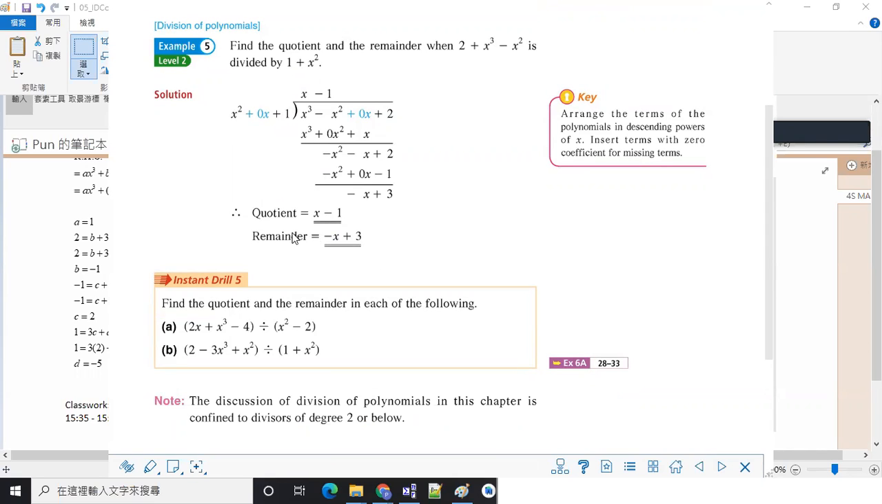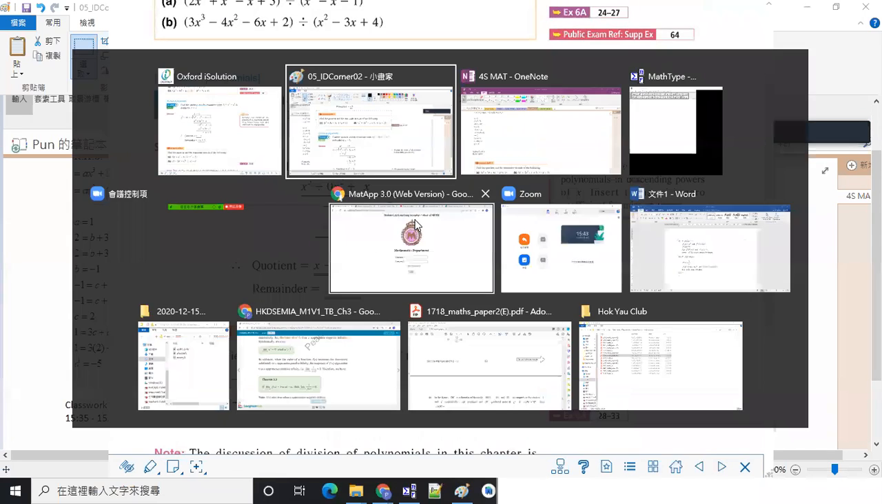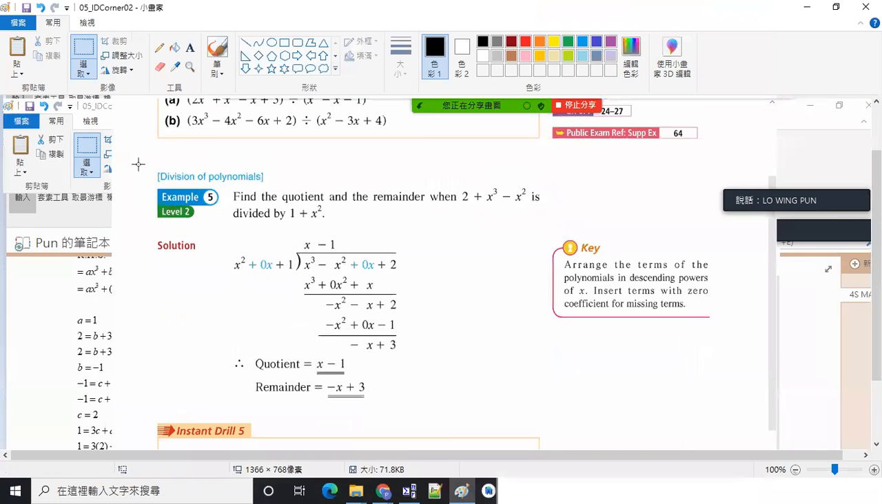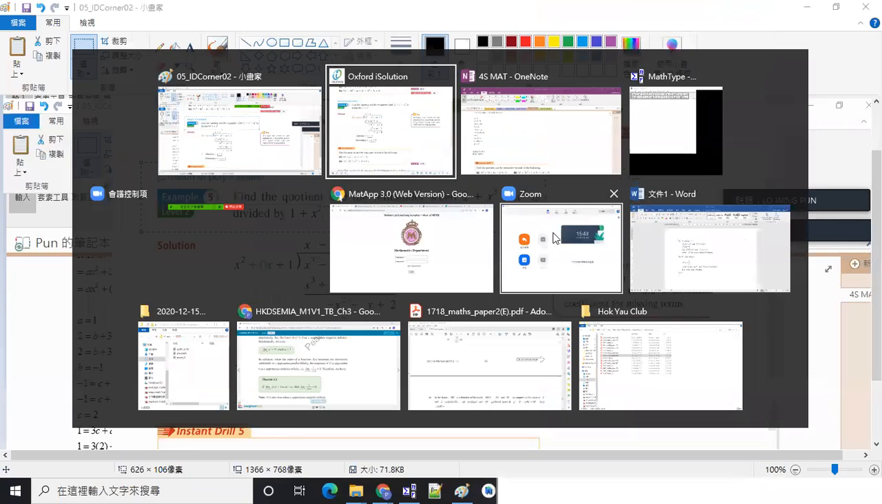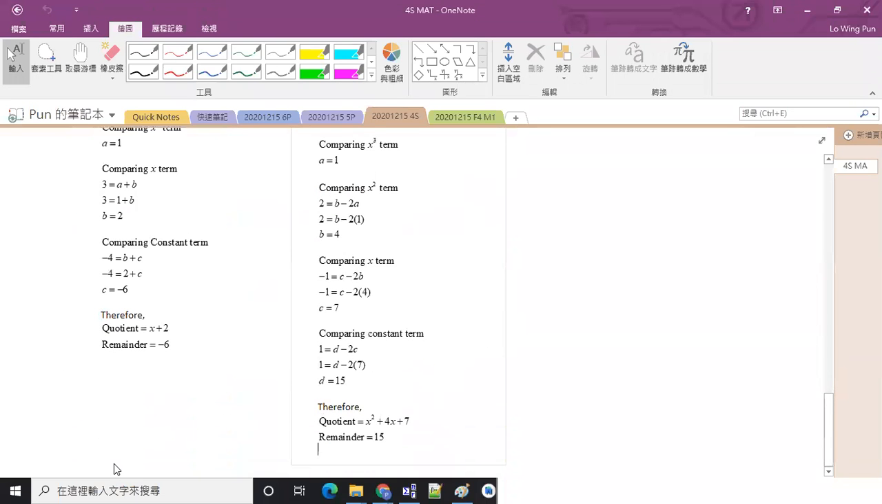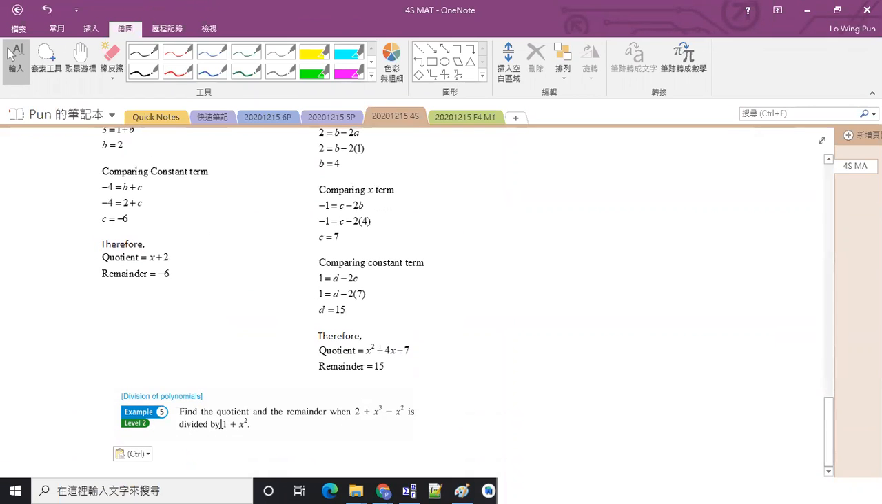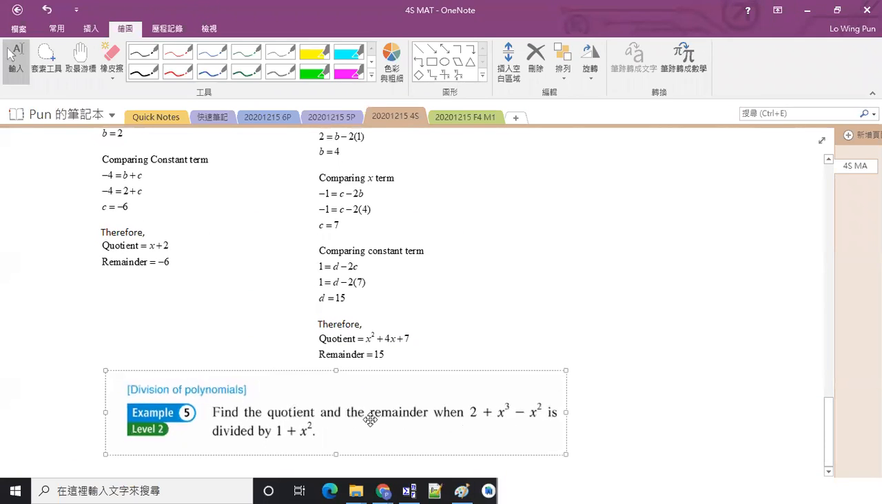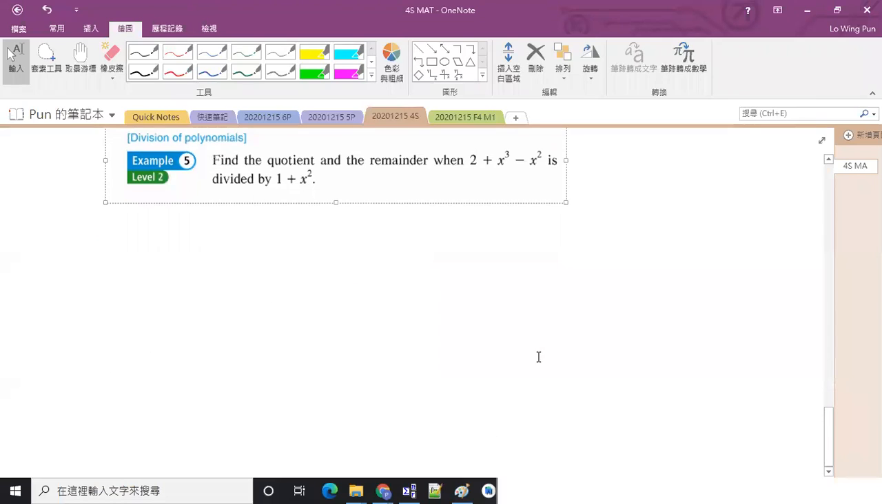Example 5. Find the quotient and remainder when 2 plus x cubed minus x squared is divided by 1 plus x squared. The dividend is 2 plus x cubed minus x squared, so the degree of the dividend is equal to 3, the highest